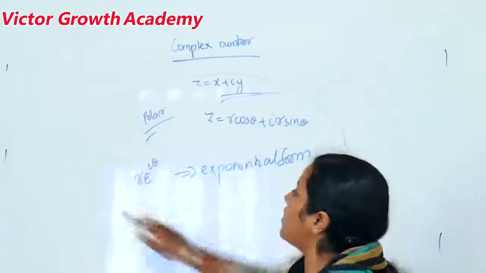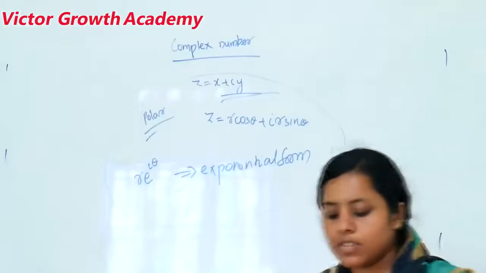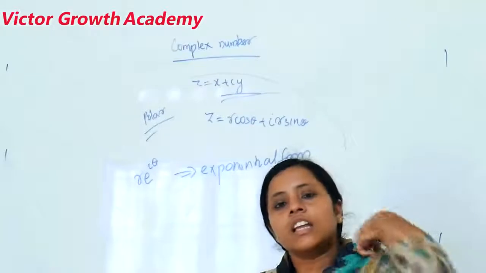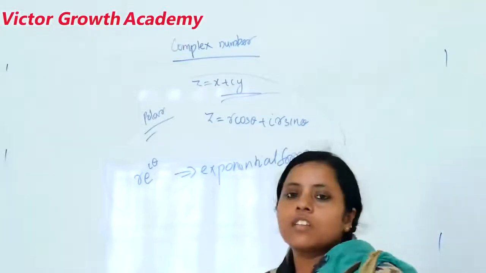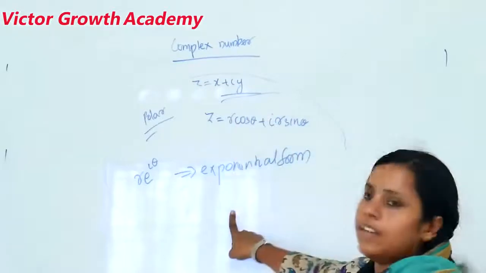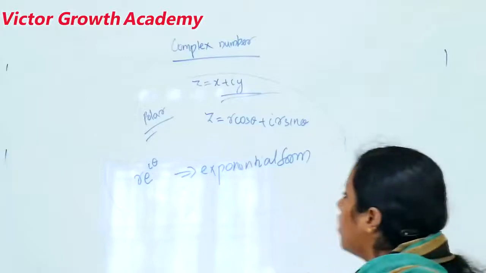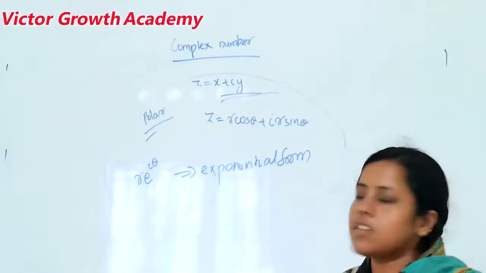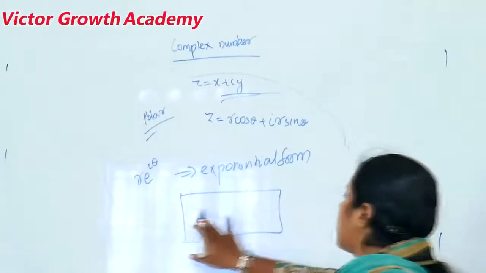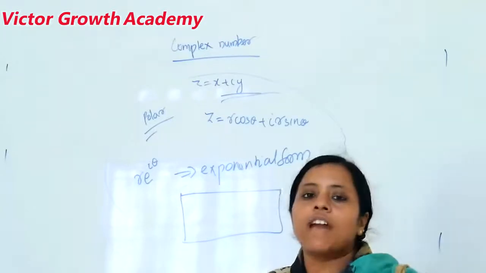So if we know these three kinds of equation, we will be able to solve some basic questions asked on complex number. There are some basic questions that are generally asked in this complex number that can be asked if we know general form, polar form, and then its exponential form. So for the exam purpose, just learn this by heart, otherwise we will not be able to solve small things in the exam because we are not having that much time.